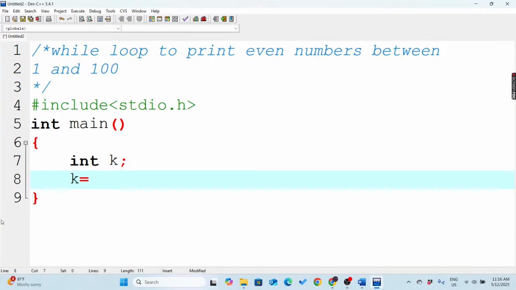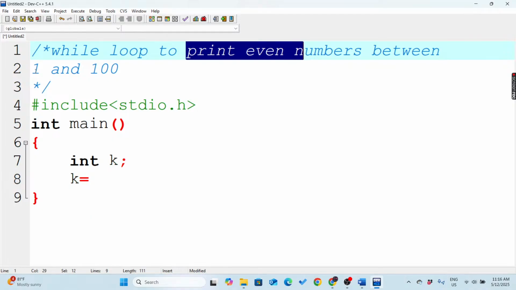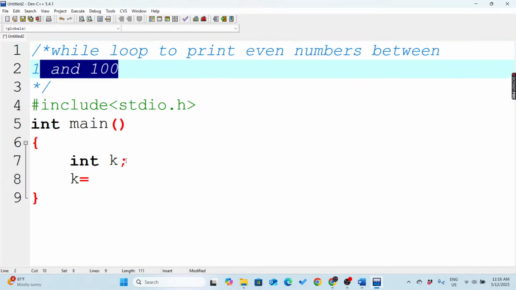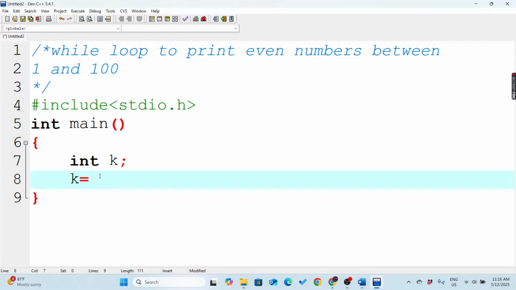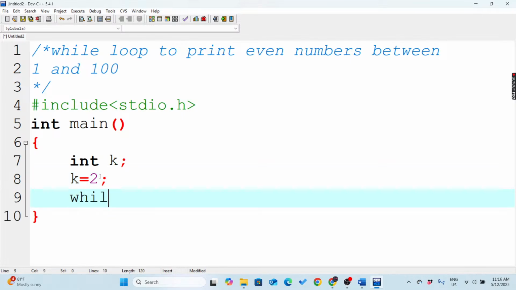We are asked to print even numbers, as you can see. So even numbers means 2, 4, 6 and so on. And the question is also asking us between 1 and 100. So what should be the first value? That is 2. Put the 2 here. Okay, that's all. Now while